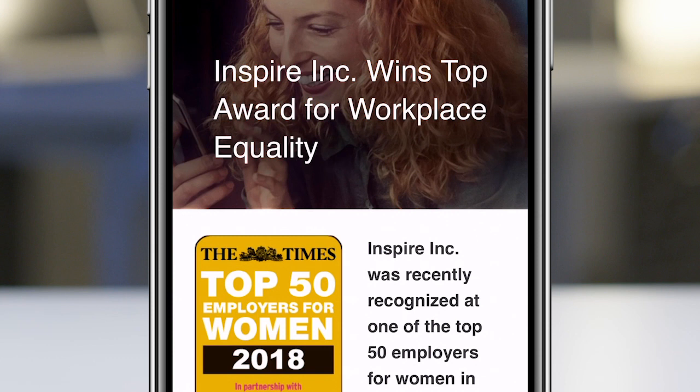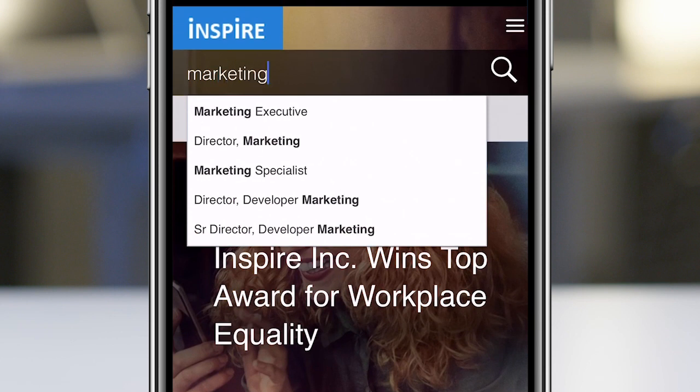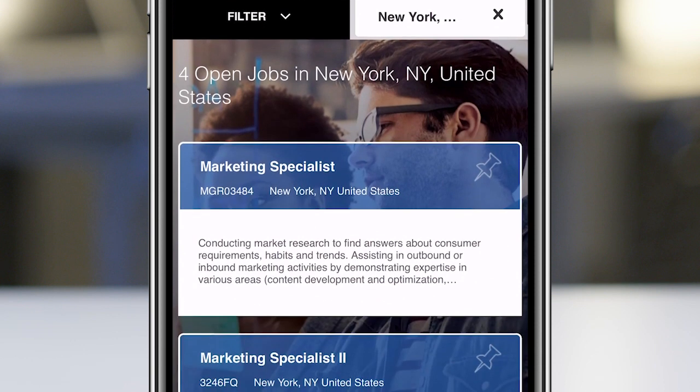Now you're wondering, have I logged into the application? Have I created a candidate profile? And I haven't. It knows from my browsing history that I am more than likely a woman. It knows a little bit about me so that it can use that experience to proactively send me information about the jobs and opportunities that you have available. So now I'm really curious. I'm looking for a marketing position, for example. I can put in that position, search for it,